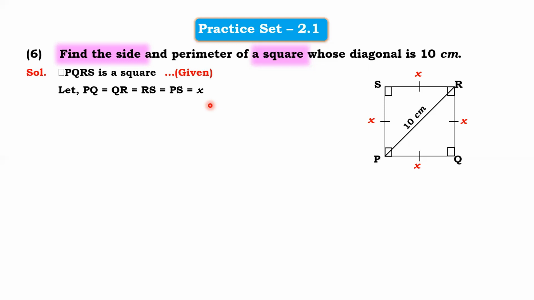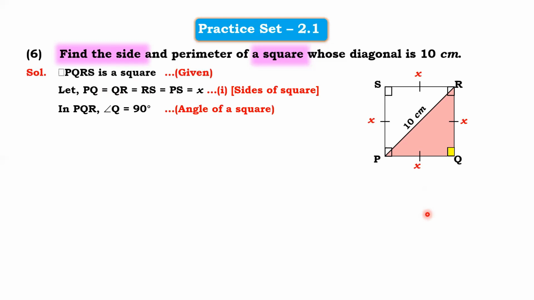So students, remember, a square is made up of two right angle triangles. Here each side is assumed to be x because all the sides of a square are equal. Now if you see any one right angle triangle, for example PQR, triangle PQR is a right angle triangle. So we say in triangle PQR, angle PQR is equal to 90 degree. Now why is the angle 90 degree? Because it's an angle of a square, right? So we know it's a right angle triangle, and in a right angle triangle we can definitely use one theorem. Which theorem is it? Yes, Pythagoras theorem.